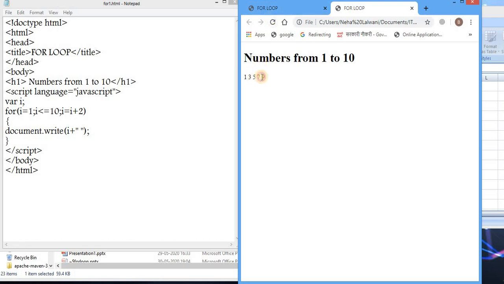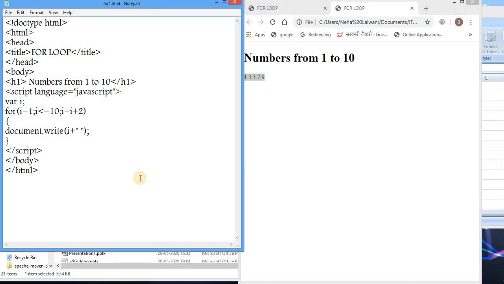So this is printing numbers 1 to 10, odd numbers from 1 to 10. Similarly, students, you can try printing even numbers, you can try printing numbers in reverse order, you can try printing any of the mathematical